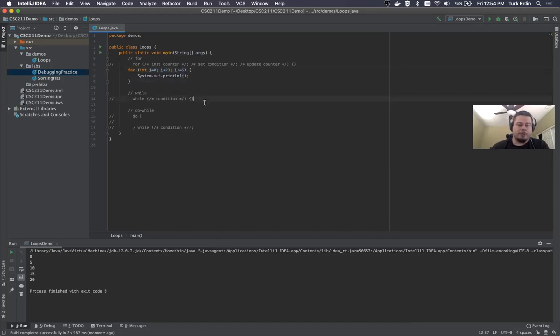For the while loop, let's say, just name it boolean isHungry equals true. We'll say while isHungry is true, print hippo eats, and then we'll say isHungry is equal to